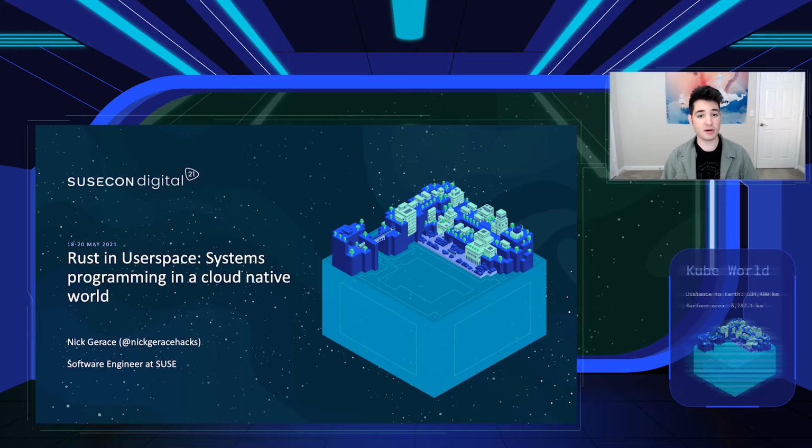I'm a software engineer at SUSE, formerly at Rancher Labs, and today I'm going to be talking to you about Rust in Userspace in a cloud-native world. See, most of my day-to-day work involves working on Rancher, which is written in Go, as well as many other parts of the cloud ecosystem, which are also written in languages like Go, Python, Node, and Ruby. But today we're going to go a little off the beaten path and talk about Rust specifically for the cloud-native